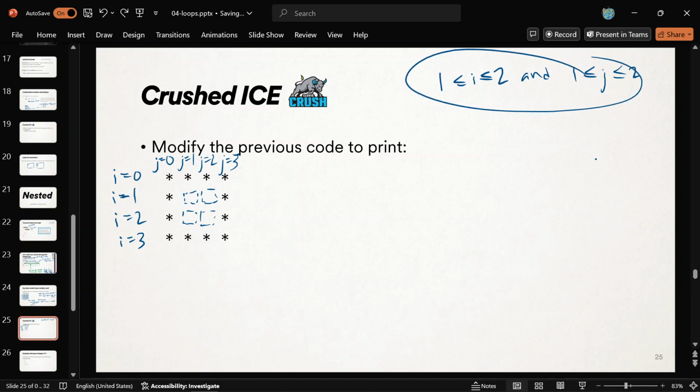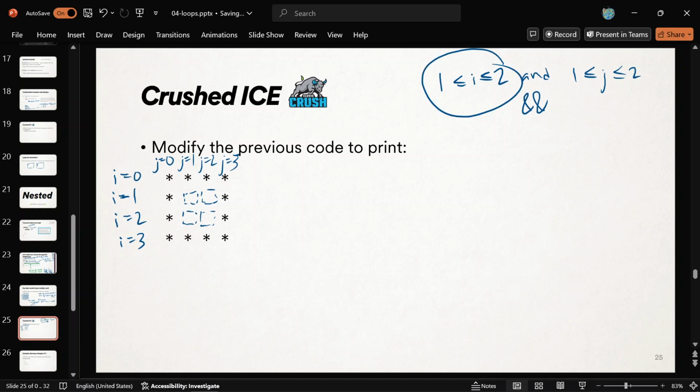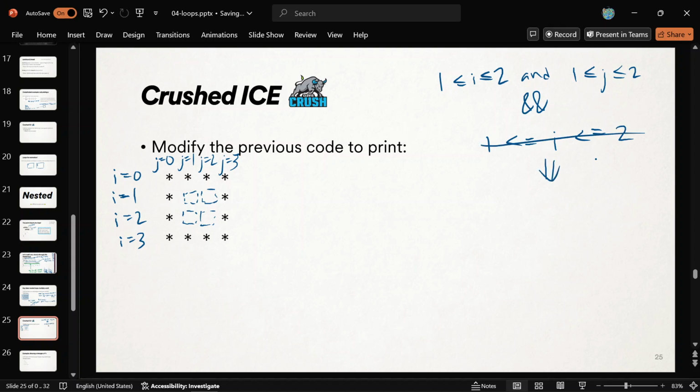And so we just need to work on translating this from math to C++. The and can become the double ampersand. We have an operation for that. And then these guys, sadly, in Python you can kind of do this, but you can't in C++. So you can't say 1 less than or equal to i less than or equal to 2, unfortunately. Instead, what you have to do is do them separately. Check that part and this part. So it's just a bunch of things added together. Is 1 less than or equal to i, and is i less than or equal to 2. That's kind of how that's going to work.